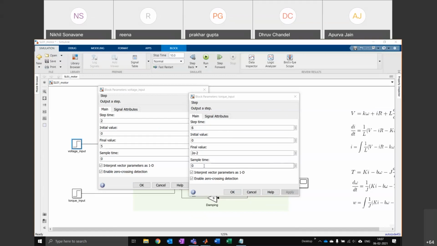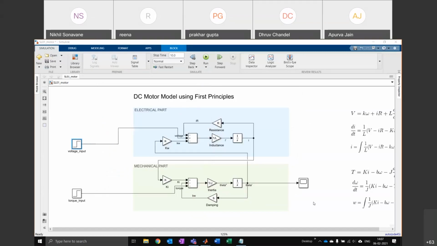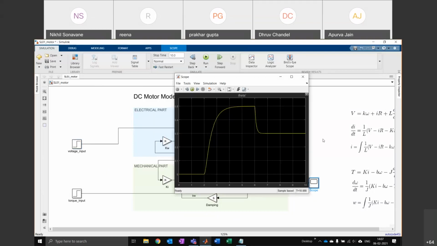That's okay. So this session, we're going to do something much more exciting. What we have here is a DC motor model. If you see what's happening right now, at a time of 2 seconds, I turn on the voltage of this motor. It starts spinning up and it goes to some speed.